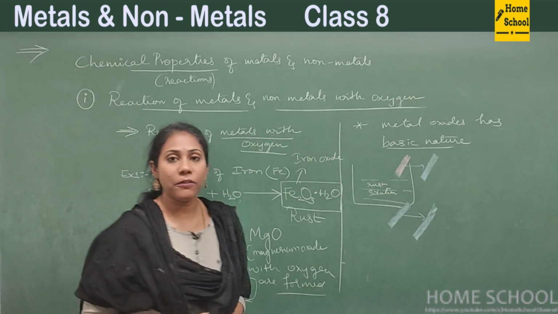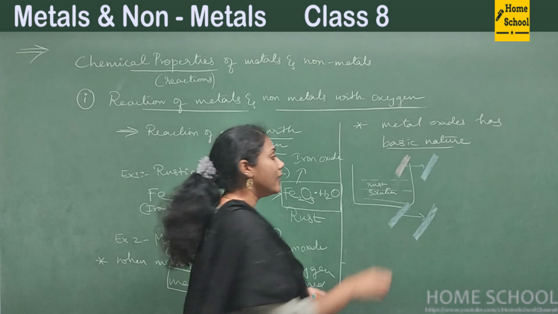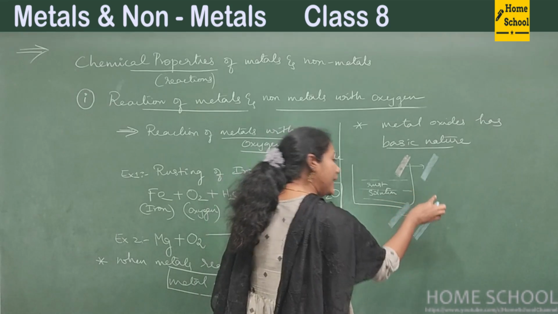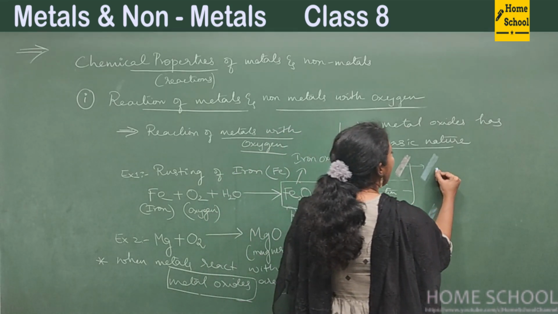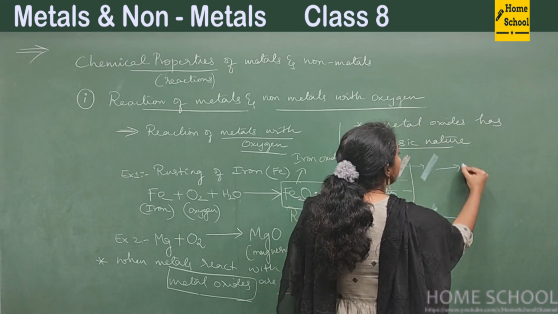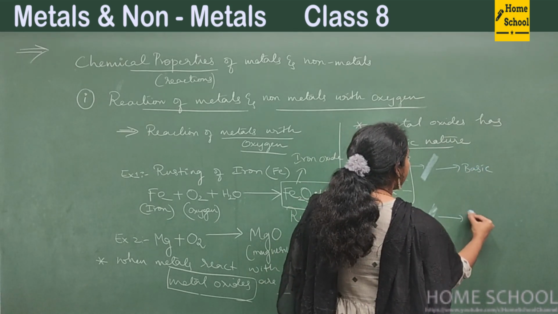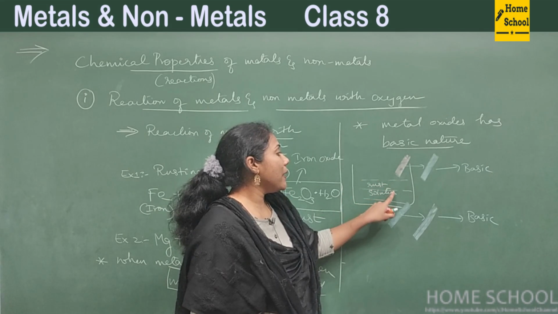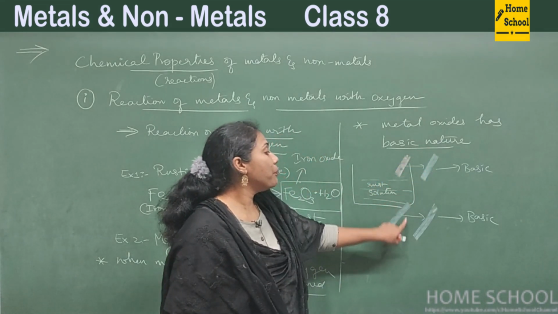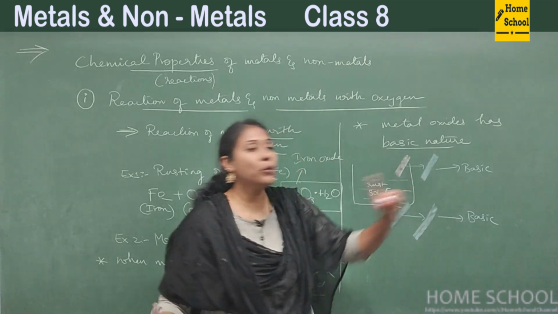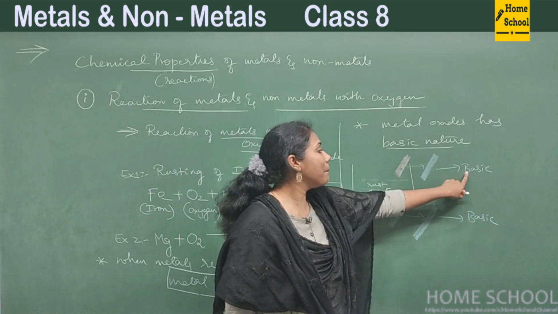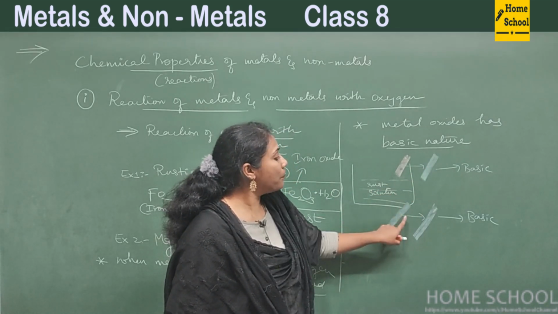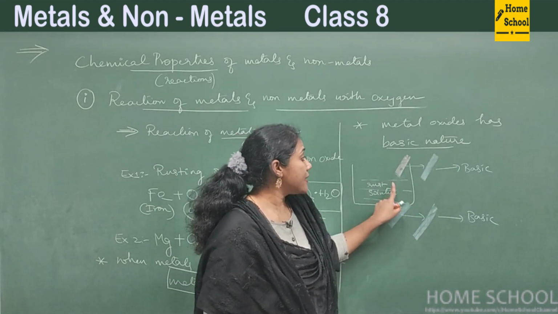What does this indicate? Red converted into blue. Blue litmus paper when I dipped, it remained blue only. This will tell that the solution is basic. So if something is base, then only red litmus paper changes to blue. If blue you add, blue remains blue only. So basic, B, blue. Remember, red turns blue. Blue if you add, blue remains blue itself because this is base.